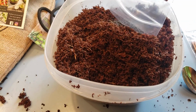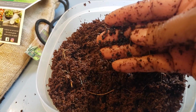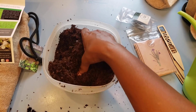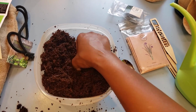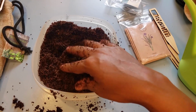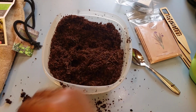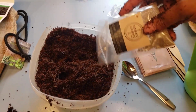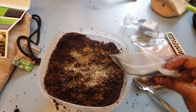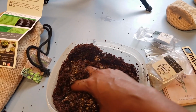Now I'm going to go ahead and add my soil amendment. As I mentioned, it's these little pellets. I'm going to go ahead and mix this all in so that it gets as much as possible. I probably should have put it in a little bit at a time. And then I'm going to add in my starter fertilizer, and I will do that with this. I'm just going to add a little bit, mix it in,